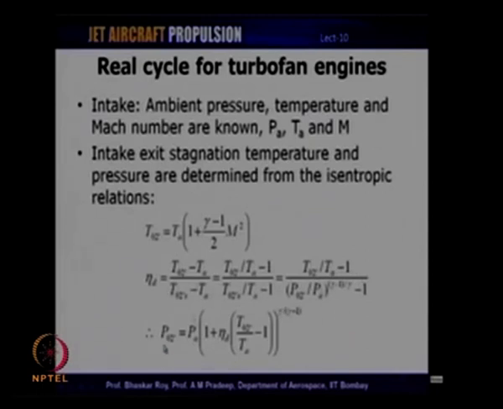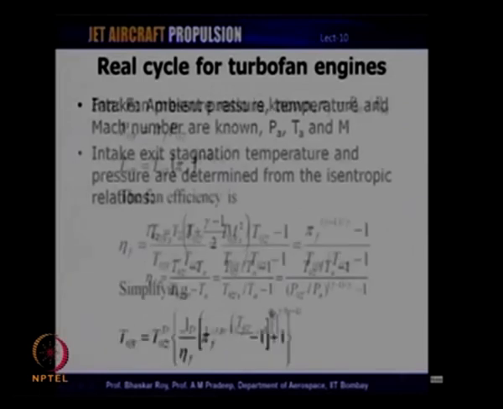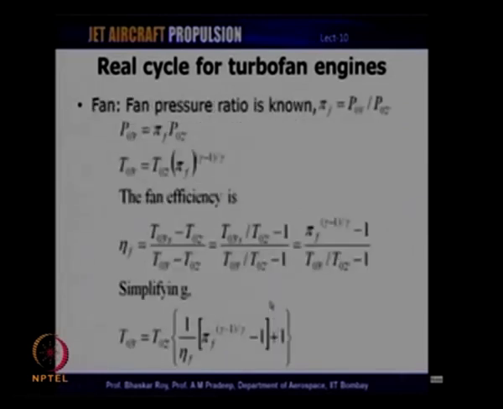Therefore, the intake exit, or the fan inlet stagnation pressure P02 prime, is equal to P_A multiplied by (1 + eta_d (T02 prime / T_A - 1)) raised to gamma by gamma minus 1. Now, once we calculate the intake exit conditions, which are basically the fan entry conditions,